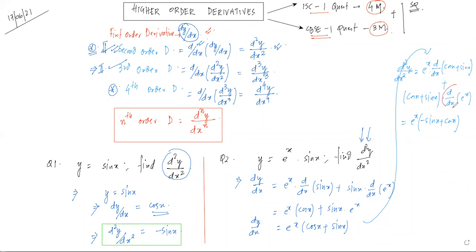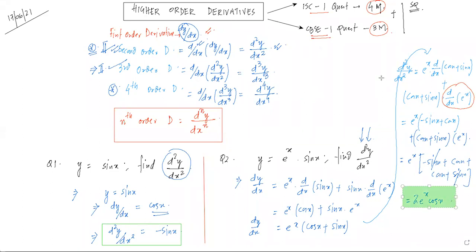And now I'll differentiate this. So it is e power x alone. So plus we have cos x plus sin x, and this d/dx will give me e power x. Finally, if we take e power x common, this is minus sin x plus cos x plus cos x plus sin x. We get to see the minus and plus sin x got cancelled. Our ultimate answer is 2 e to the power x cos x. This is the final answer for d2y by dx2 for question number 2.